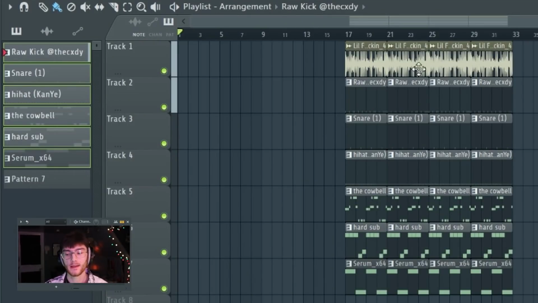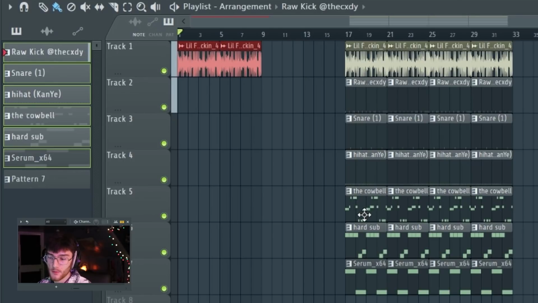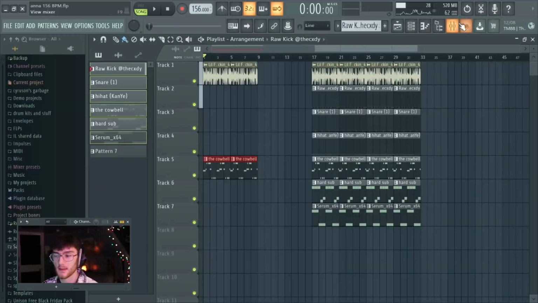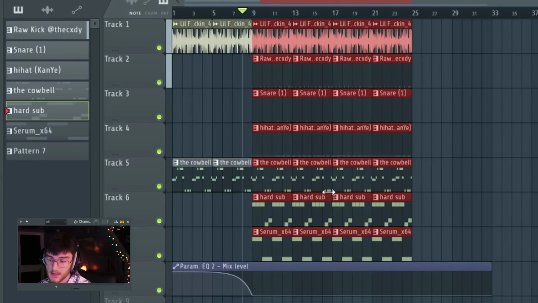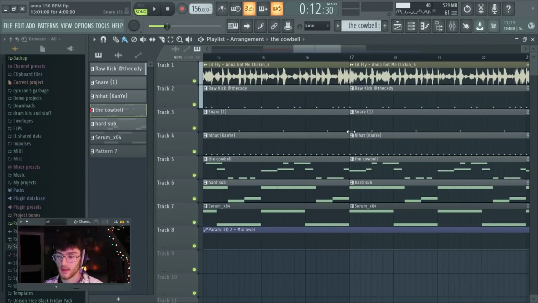And then as far as laying out your beat, really the only thing I would say is make sure you have a little intro or something where you got the sample playing and you got the cowbell playing like this. And then maybe just put a low pass filter or something, and then probably just have all the drums drop in like this. And there's really not a whole lot you can do here as far as making the beat more interesting. A couple things that I would do is probably go in here to the hi-hats